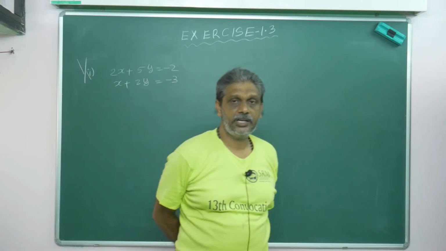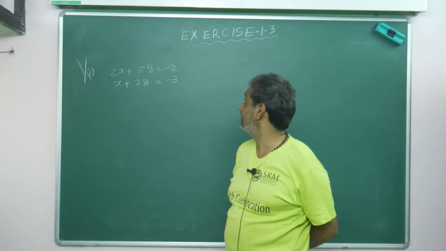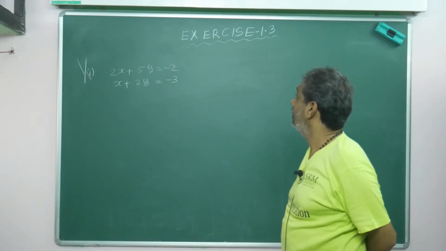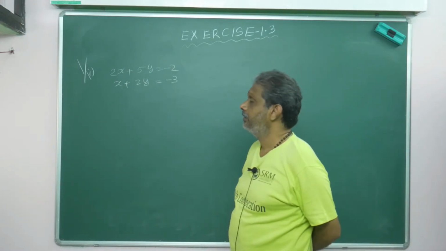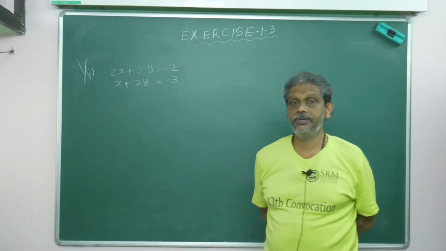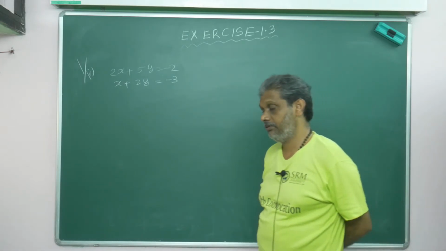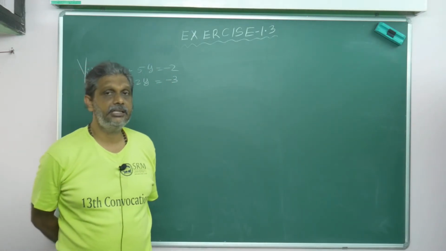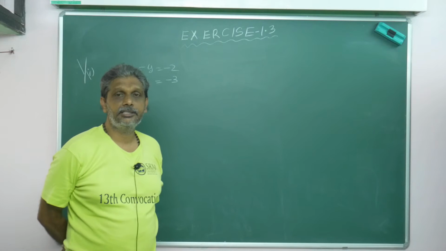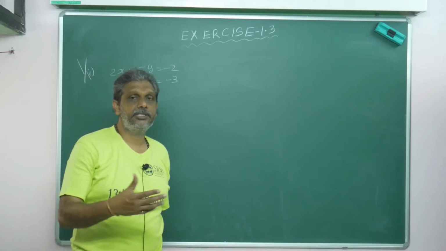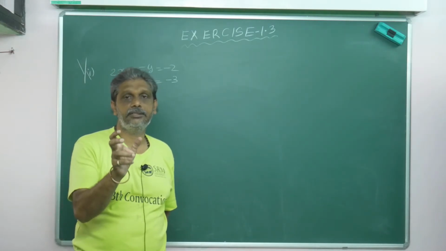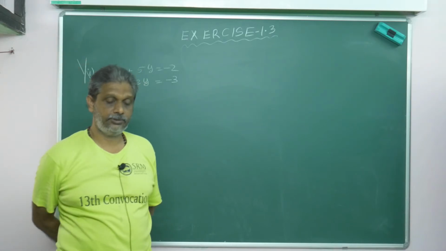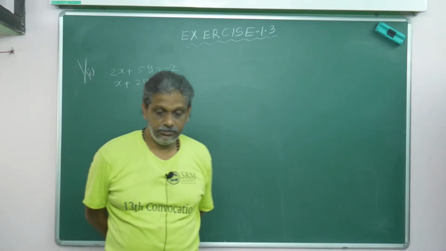See, in this chapter, the first chapter, exercise 1.3, they will give linear equations to solve using the inversion method. So what does solve mean? You can find the unknowns x and y. Already you studied in your 10th standard, by cross multiplication or multiplying coefficients and subtracting one from the other, you can bring x is equal to something, go back and substitute y is equal to something. So you will do like this.